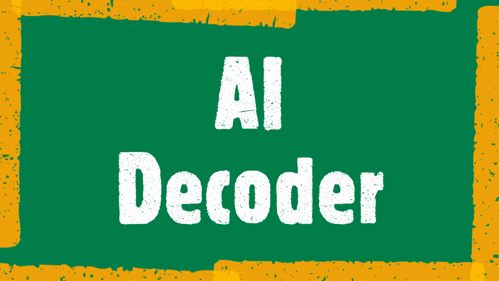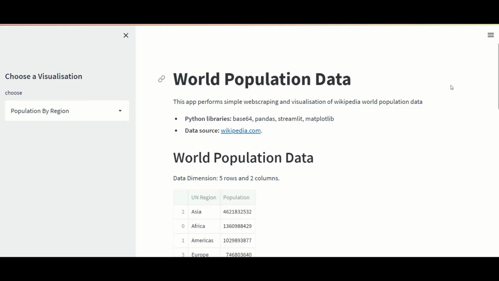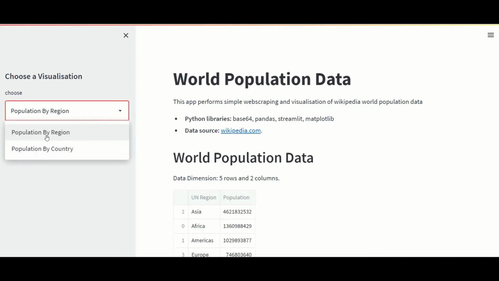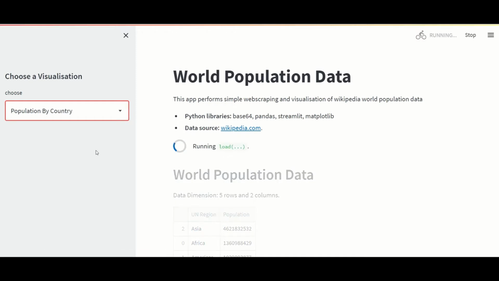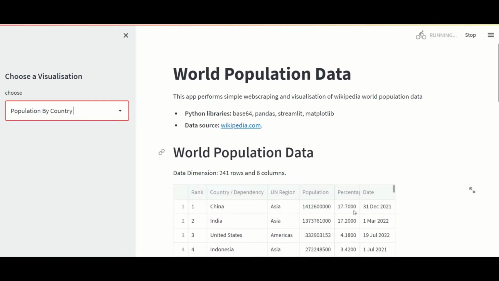In today's tutorial, we are going to create a simple EDA, Exploratory Data Analysis project using Streamlit. We are going to scrape and explore data of world population, and we will create two visualizations. The final application consists of a sidebar where you can choose between count by region and count by country. Each time we click, we can see the dataset, a chart to visualize the dataset, and a link to